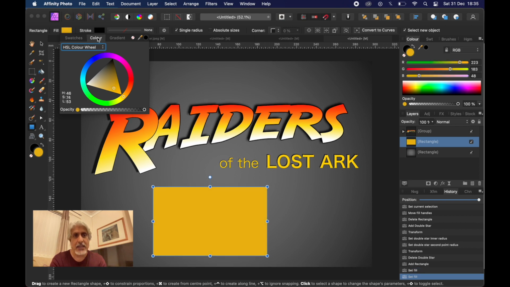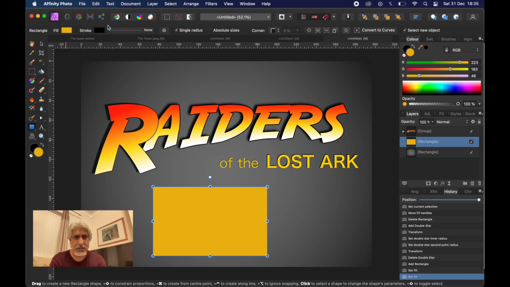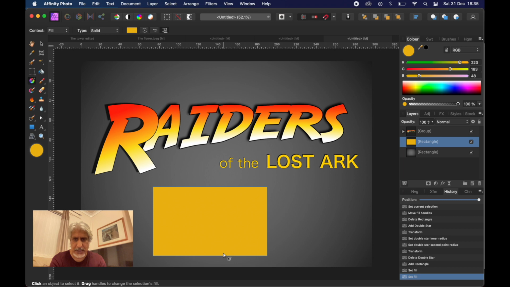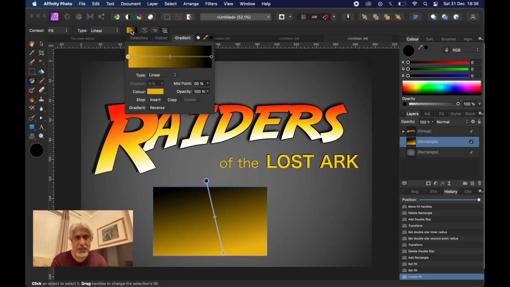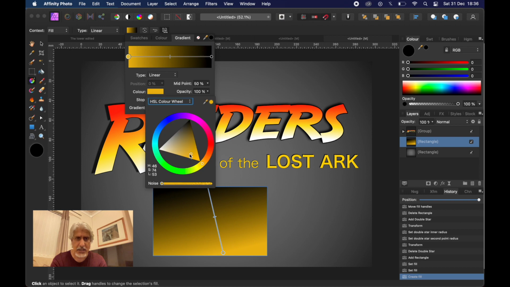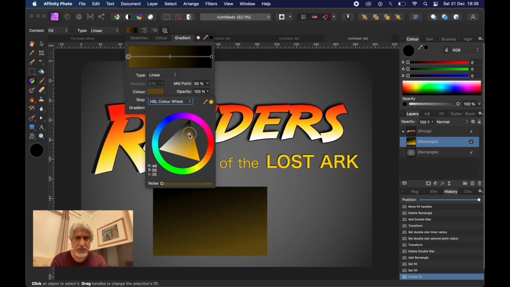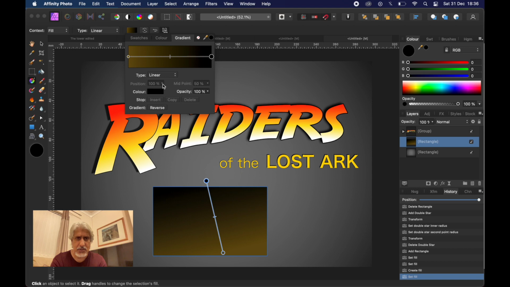But you do the same thing, go to the gradient, and you apply a gradient using the gradient tool on the left hand side first of all, and you're applying it only on the shape because it's the shape layer that you've got selected. And once you've applied the gradient, then you can fine-tune it by going to the gradient pop-up box here, and as before, select the node, change the color, whichever one you want, and then go to that node, change the color,